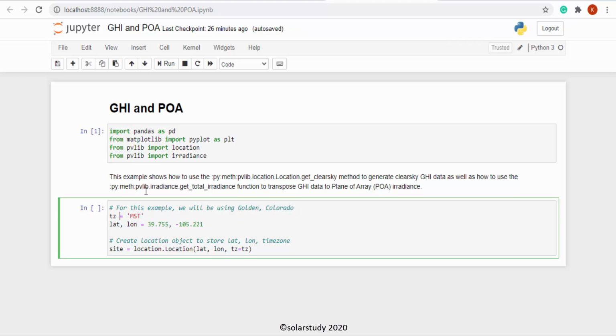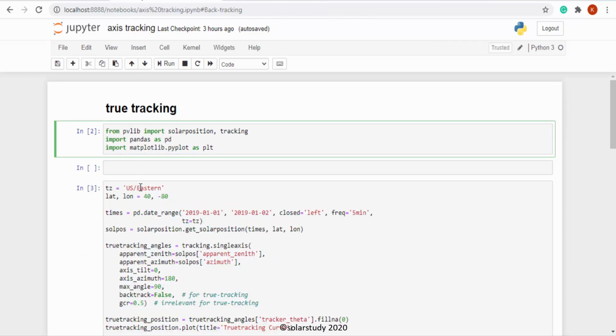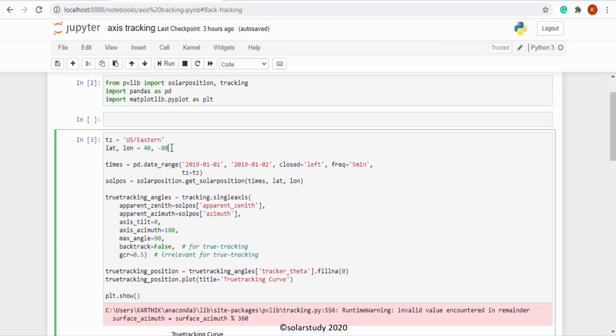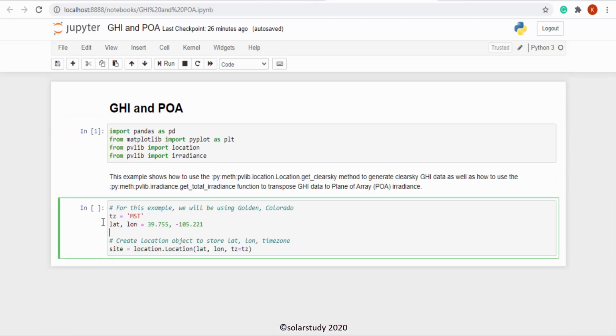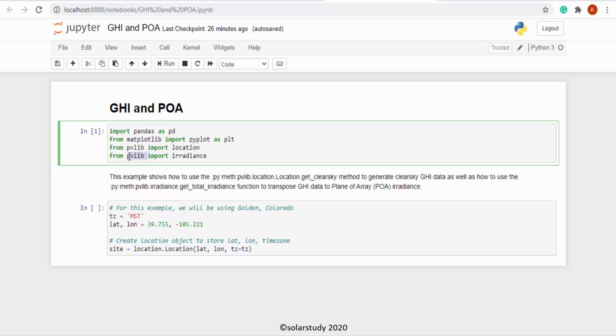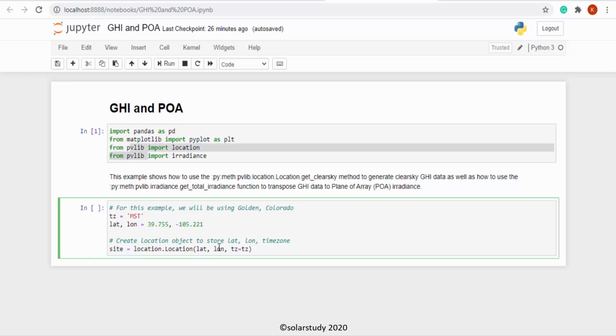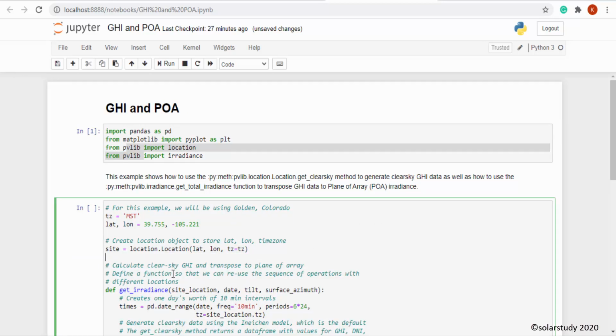It is the same as the previous programming. Here we have used this location with latitude 39 and longitude -80. Then the time range is the same, and the latitude is 39.75510. If you know any location you can take that one, because the pvlib library contains some built-in locations, so I'm using that. Then again for the site location, I have to import location with the latitude, longitude and time zone. So that I have written. Now the site location is done.